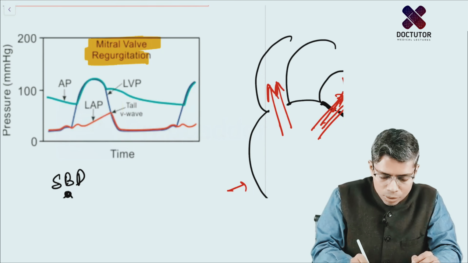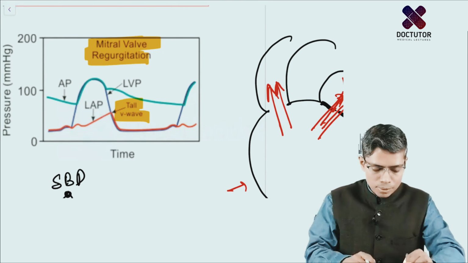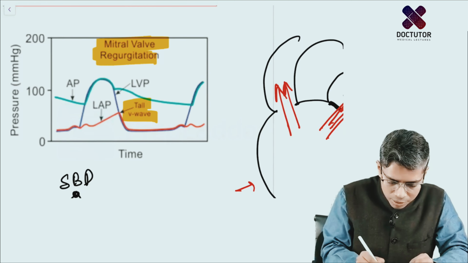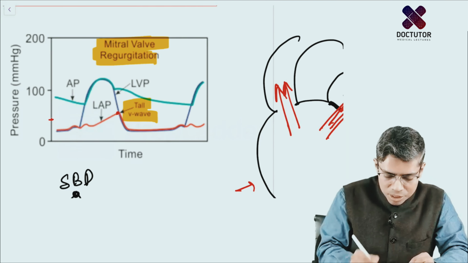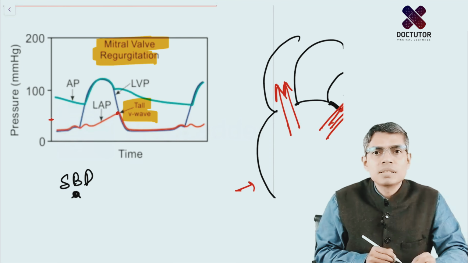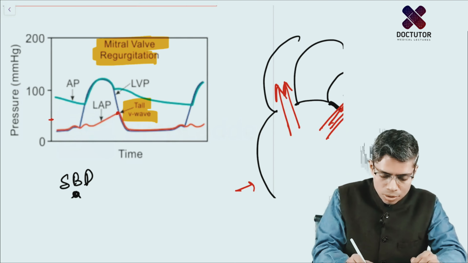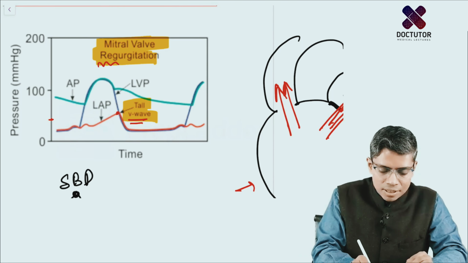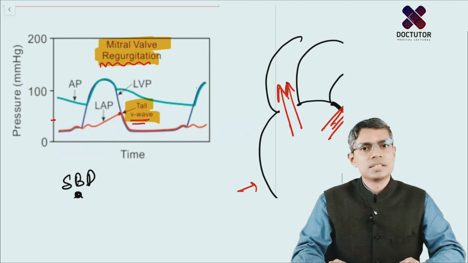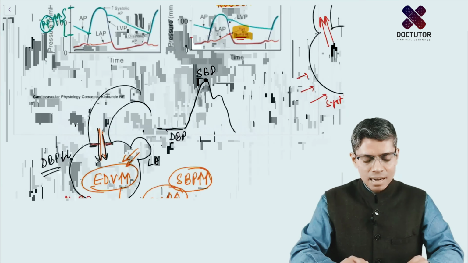See here, the tall V wave, it is very, very high. If you look at this pressure, here you can find the left atrium pressure, the V wave, it is nearly equal to 25, maybe 30, and that will lead to pulmonary congestion also. So this tall V wave in the Wiggers diagram is an identifying feature of mitral valve regurgitation, right? So this is all about your cardiac cycle along with certain